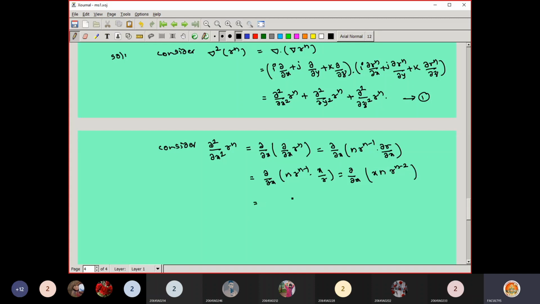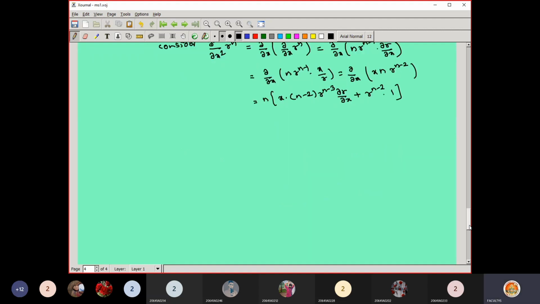So now you are making the derivative once again, ∂/∂x of this. So n anyhow is a constant term that you can take outside. Again the UV rule you are applying. So x as it is, that derivative is n minus 2 into r power n minus 3 into ∂r/∂x. That is the rule. Plus the UV rule, so r power n minus 2 and the derivative of x is nothing but 1.